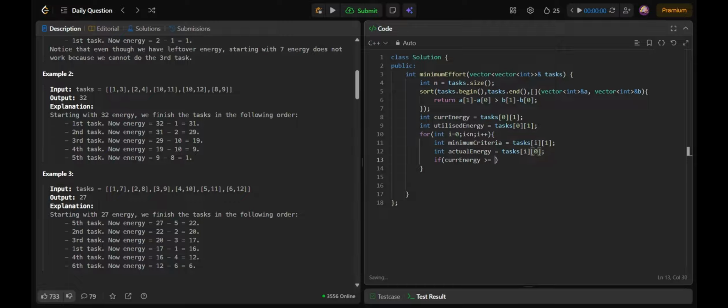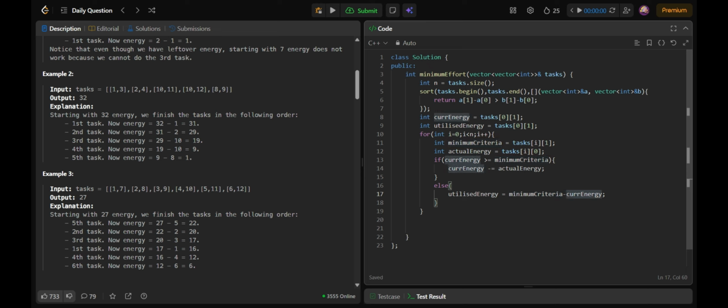If my current energy is greater than or equal to the minimum criteria, then current energy would be decremented by the actual energy being utilized. Yes, the utilized energy would be equal to minimum criteria minus current energy, because I will utilize only those units of energy which can make my current energy equal to the minimum criteria.